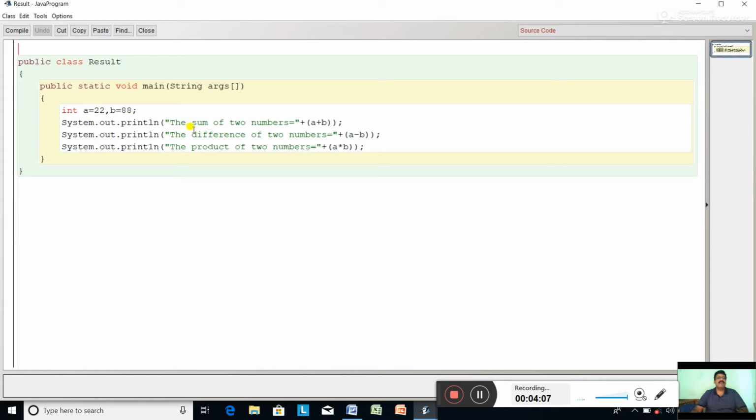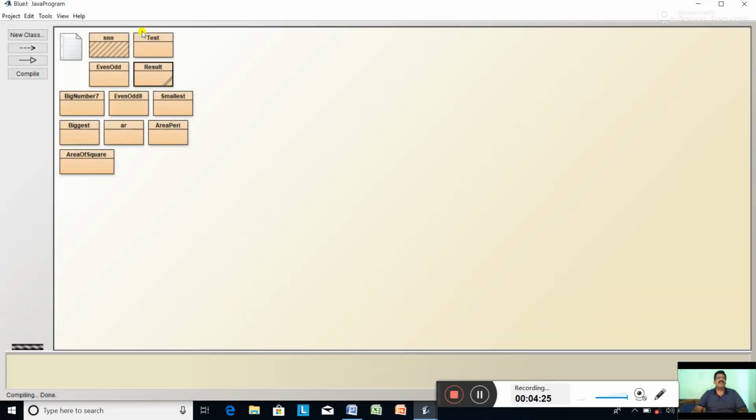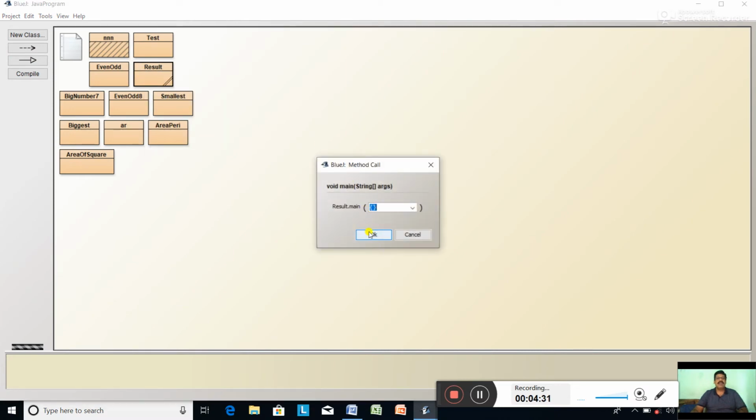Same System.out.println, the sum of two numbers equal to a plus b. System.out.println, the difference of two numbers equal to a minus b. And System.out.println, the product of two numbers equal to a asterisk b. So compile the program. Message came, no syntax error. Close the program. Result, right click, click on the void main, click on the OK.